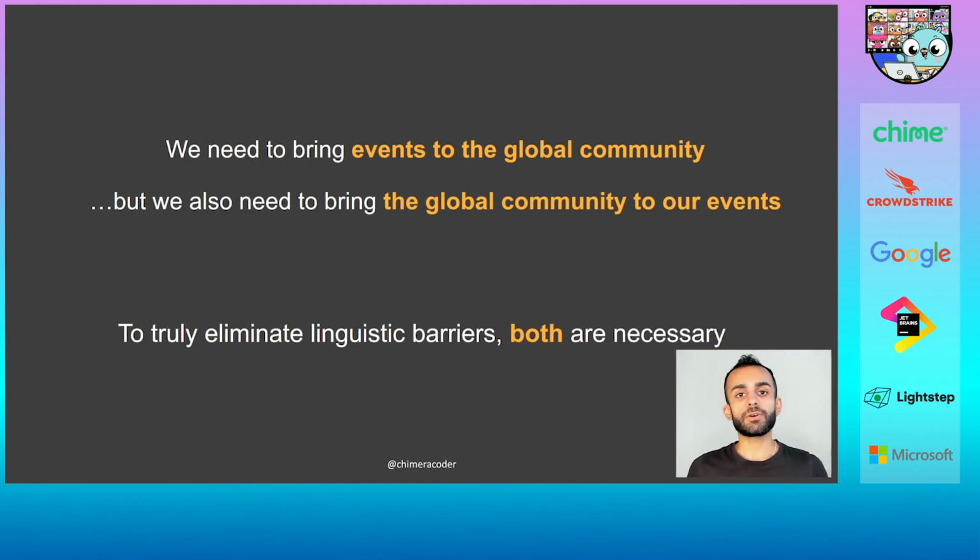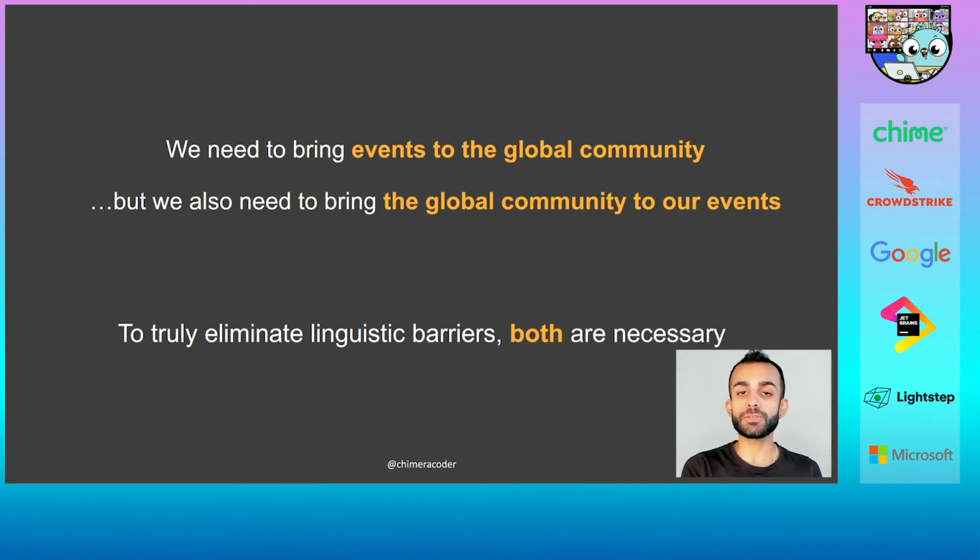Bringing the events to the community looks like what we have here with the conferences. In most years, where GopherCon is not virtualized, we have one main large Go conference that happens in the US and in English, but we also have many other different local conferences as well. Some of those have tracks that are in other languages. So like in GopherCon Brazil, there are talks in English and in Portuguese. In GopherCon Vietnam, there are talks in English and there are talks in Vietnamese. And of course, in China, most of the content's actually in Chinese, but there's some content in English. So that's what it looks like to bring events to the community.